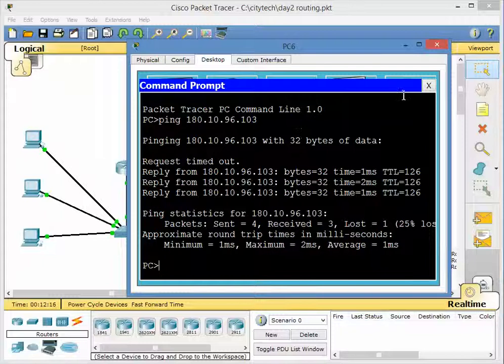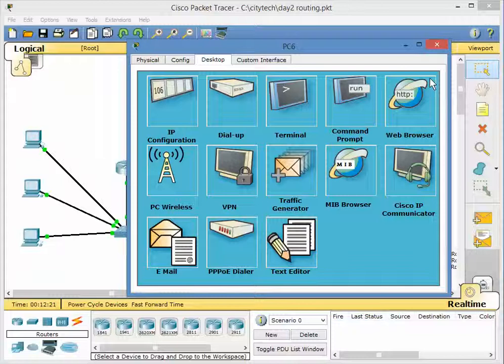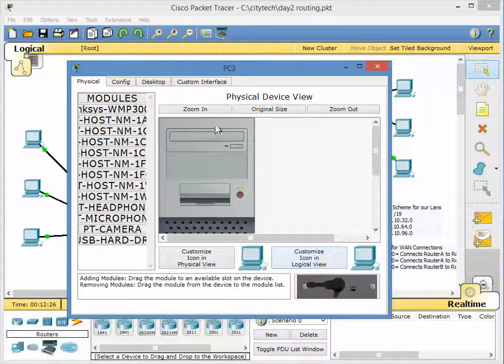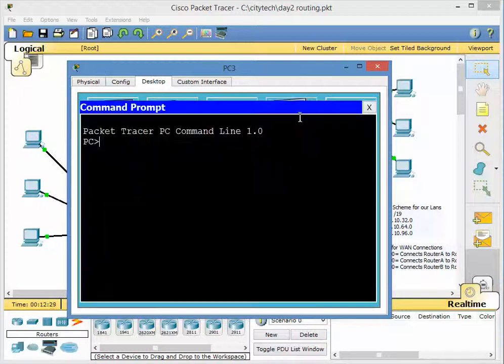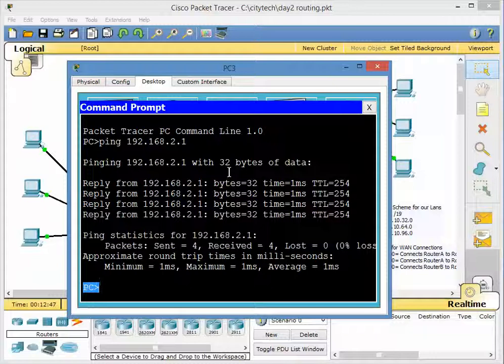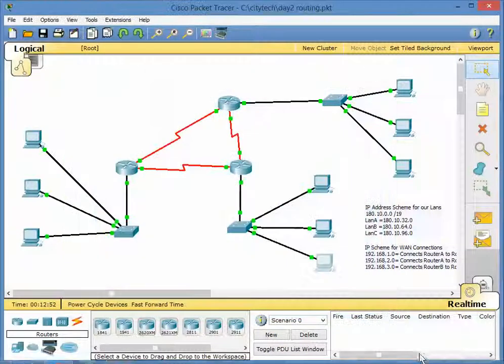Now you know your whole configuration works. So everybody got that? So what you want to do, you want to always do a ping test. You want to ping from at least one machine in every network to another machine in some other network. So we go here, we do a ping test again. Ping 192.168. Alright? I'm just putting numbers. Everybody with me so far? 2.1. Does it work? So I know I can ping any IP address now. Everybody got it so far? Alright. Great job, guys. So